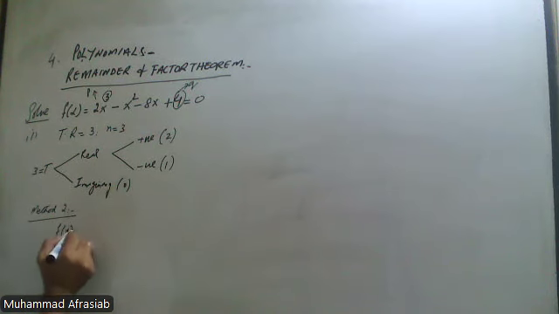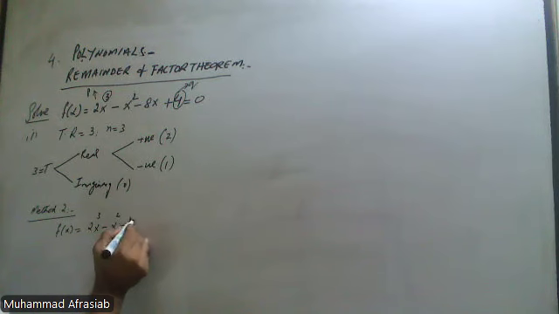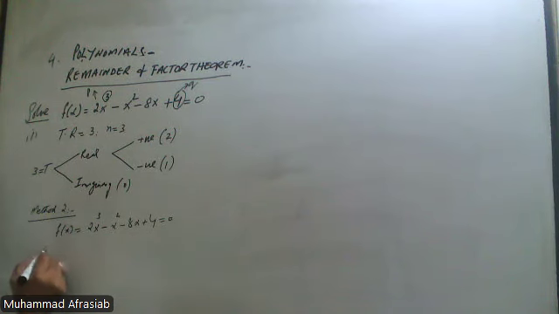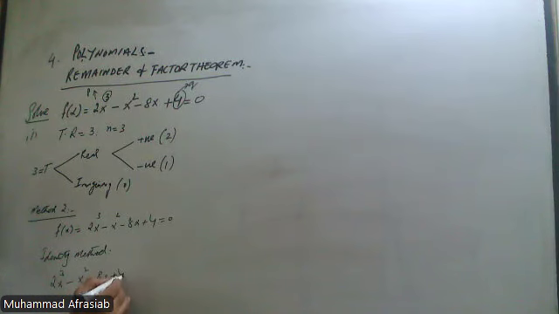And f of x is equal to 2x cube minus x square minus 8x plus 4 equal to 0. And this method is known as the identity method. Which is going to be explained like this: 2x cube minus x square minus 8x plus 4. This is the sign of identity. Three lines are used as a sign of identity there. Is equal to